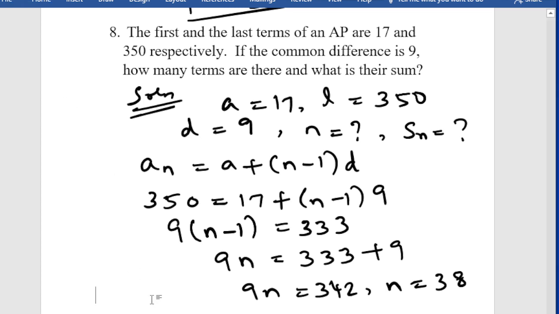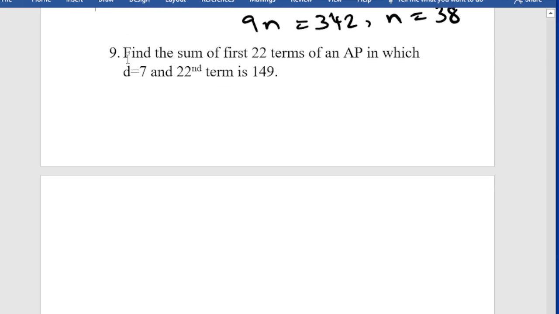So we use the general formula. We consider 350 is the last term and what is the n associated with that 350. We got n is 38. Now we need to find